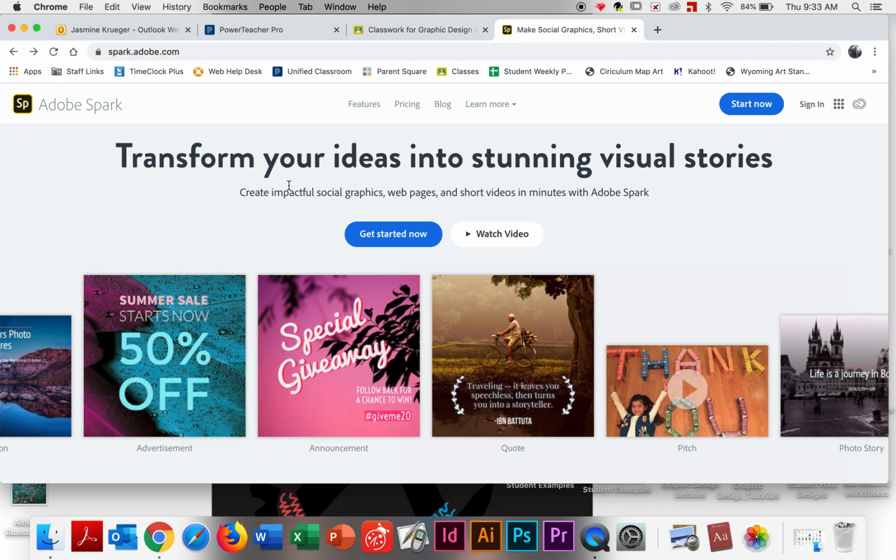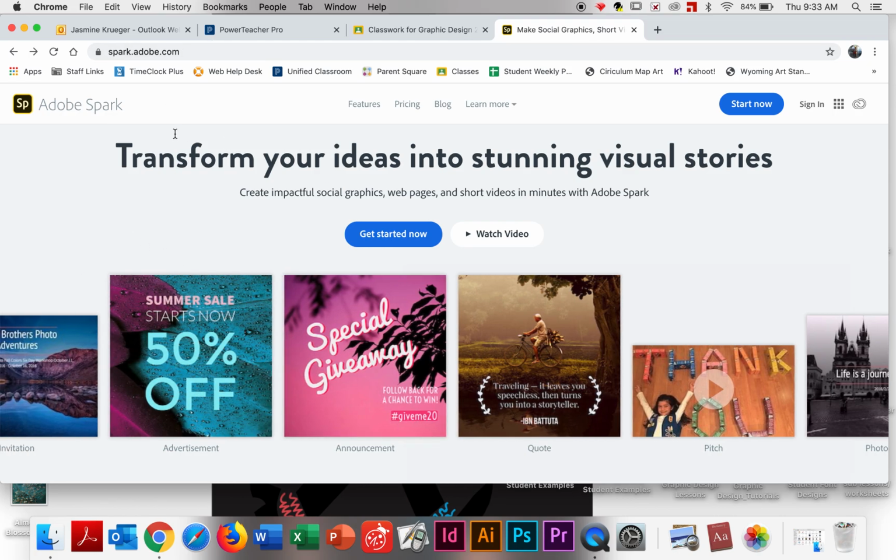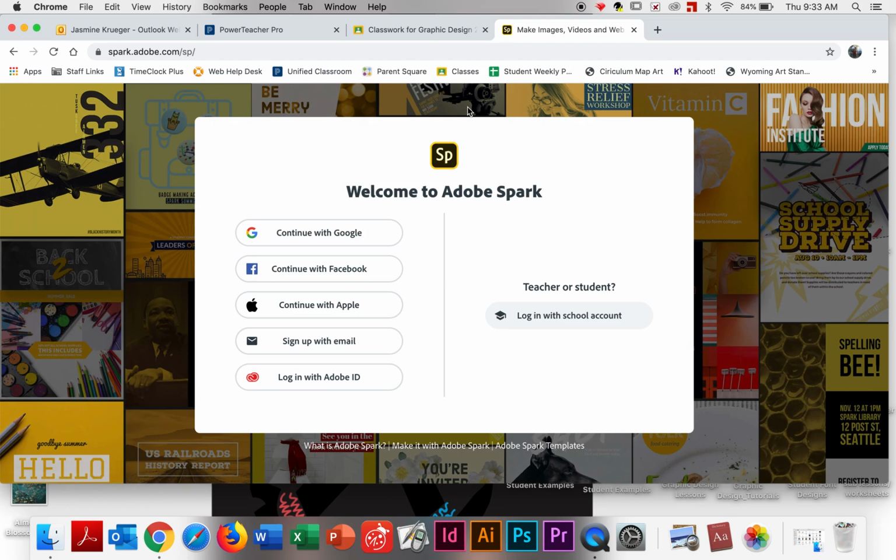So to get to Adobe Spark, you're going to type up in your browser spark.adobe.com. It's going to take you to a page that looks exactly like this. To make your free Spark account, you're going to go ahead and hit Start Now up in that upper right corner. It's going to take you over here to this page, and you're going to have to click Sign Up